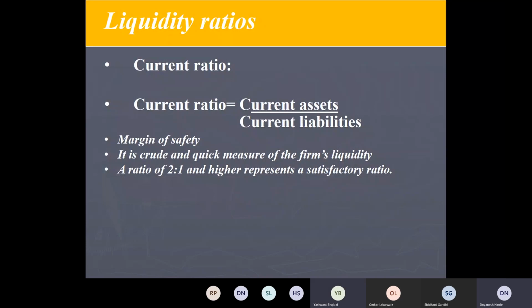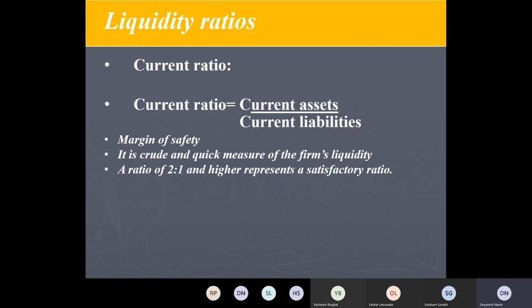Raw material, for example, converting into product. Yes, raw material, that is inventory. Short-term investments, marketable securities. Credit debtors, we can say, the people to whom we have given our material on credit. And bills receivable, cash in hand. So all these things are termed as current assets, because in the numerical, you will be given these terms directly. The current asset figure may not be given; you will have to add and find out current assets.